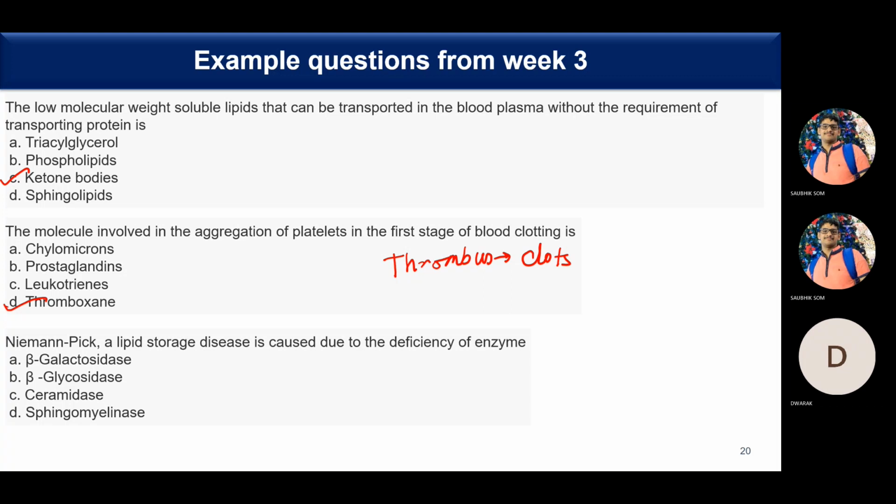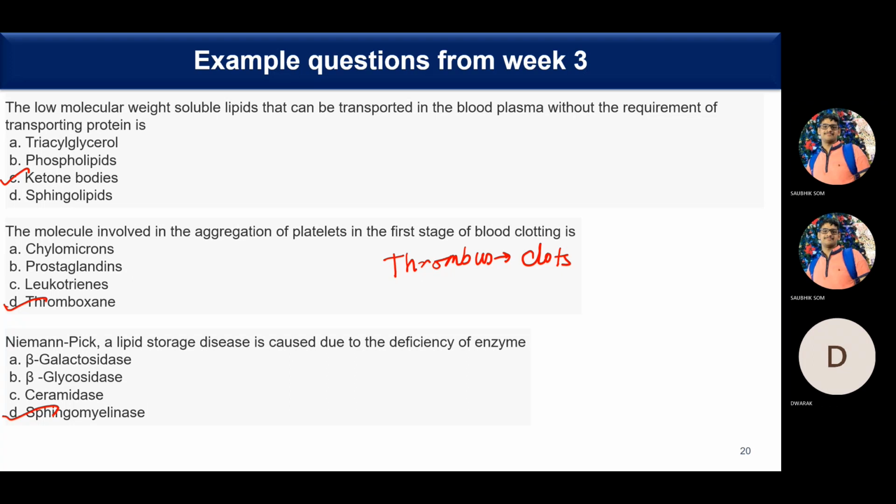Niemann-Pick disease, and there was a list, and this is also nothing to explain. This is sphingomyelinase. These are all the questions that have been there in the